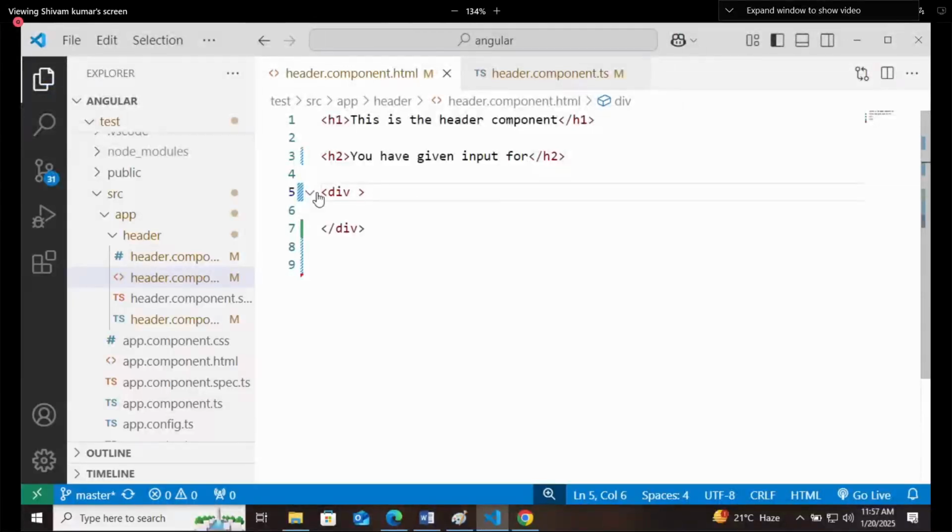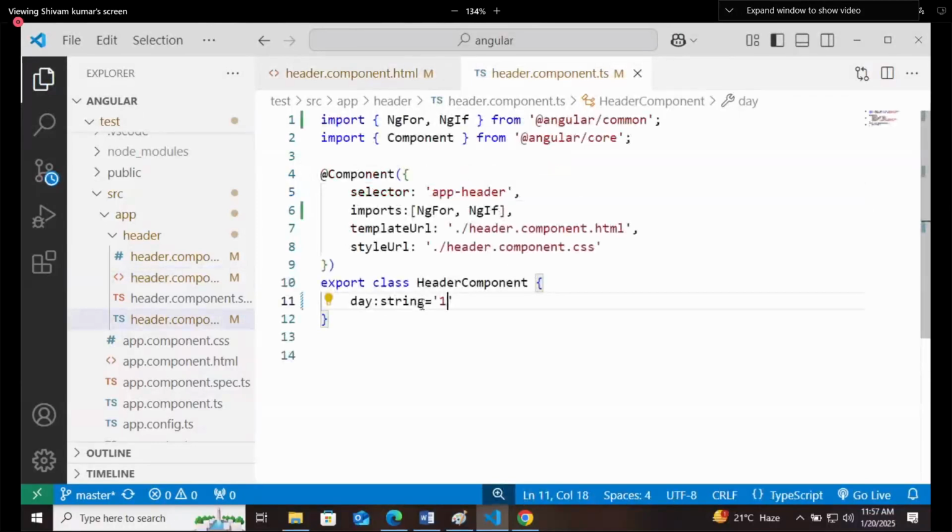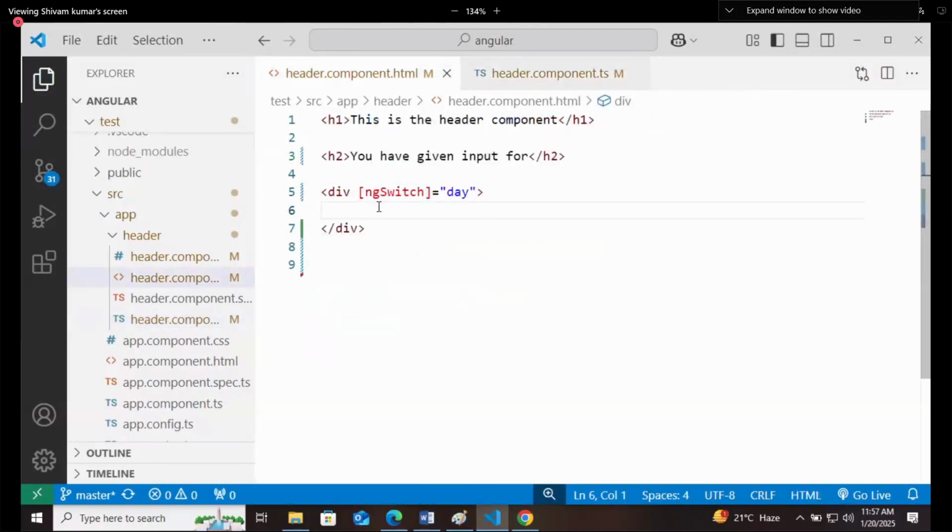Now this div will be using switch. First thing is, this switch is not a direct condition. It is a property first. For that, you have to bind it as a property. ng switch. It will work on day. Such a thing. After that, you need to write its case.